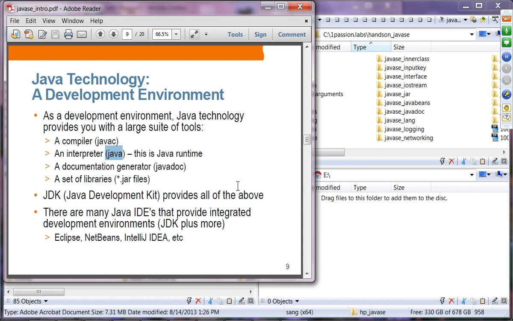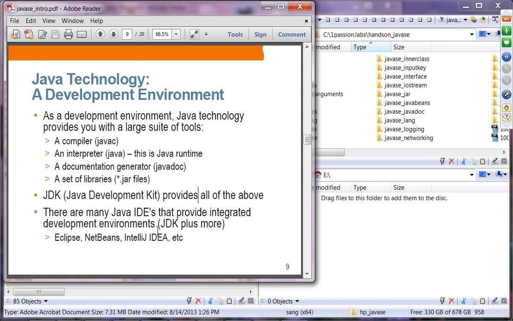In Windows, it's called the java.exe file. It also provides a documentation generator such as Javadoc and a set of libraries. These are the tools that you can use to build a Java application. These tools are provided in the form of the JDK, Java Development Kit. We're going to use the term JDK most of the time, but it means Java Development Kit, which includes these kinds of tools.